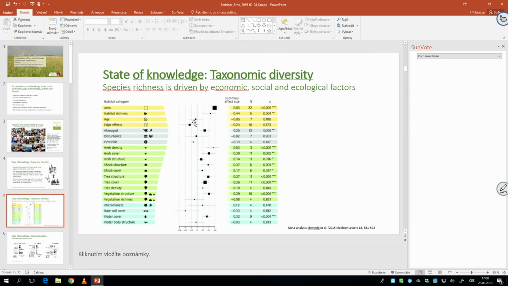For the example of Halle, as said recently, we have roughly 130 neophytes in the city, and we have a total of roughly 1,000 plant species in Halle, so it would be 13%, right? Okay. We should also summarize that in the cities there are 30% of alien species. So the highest proportion in different